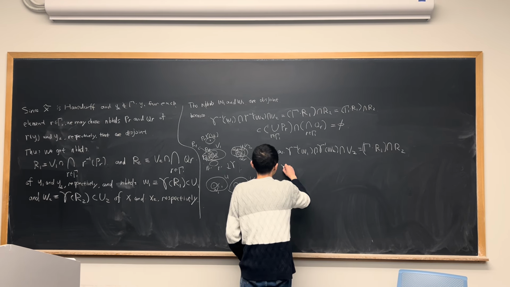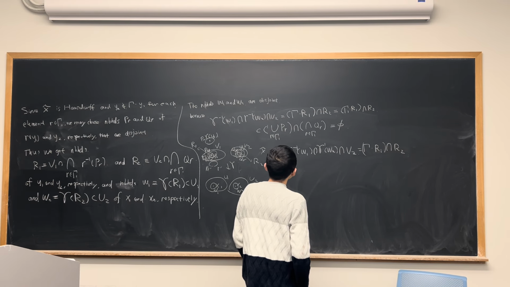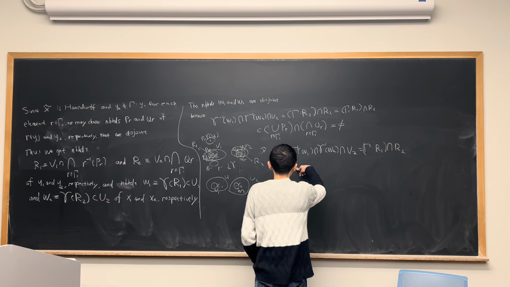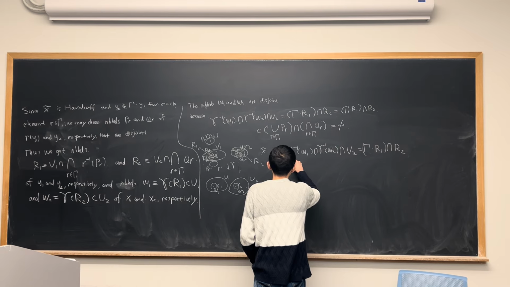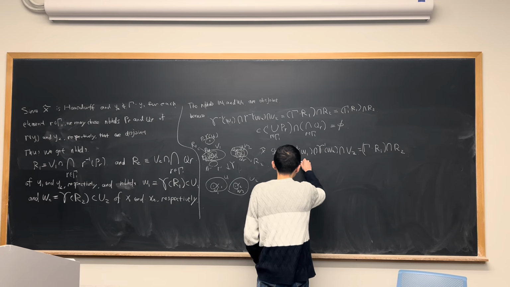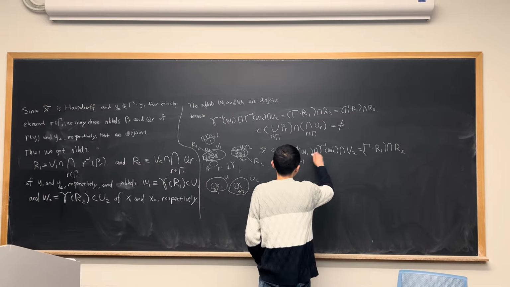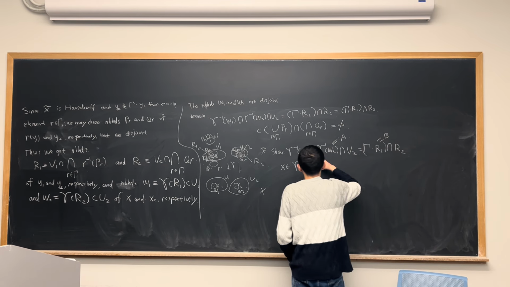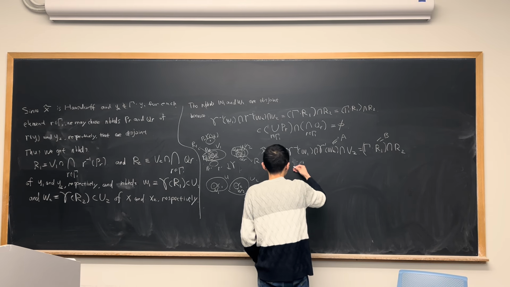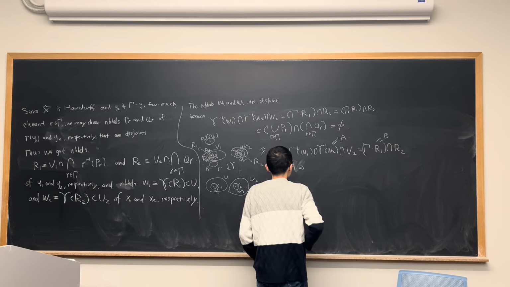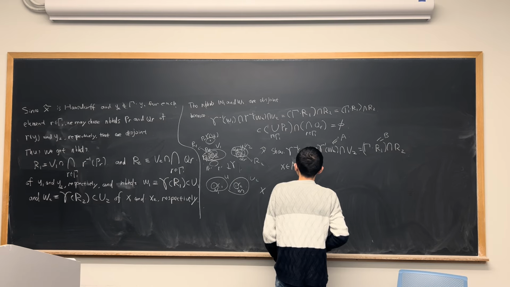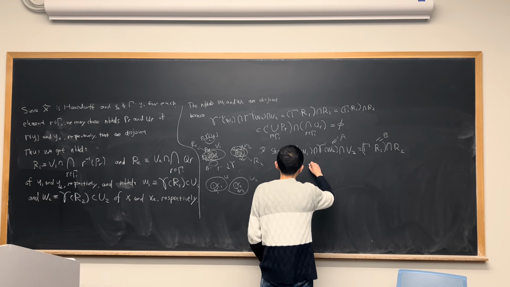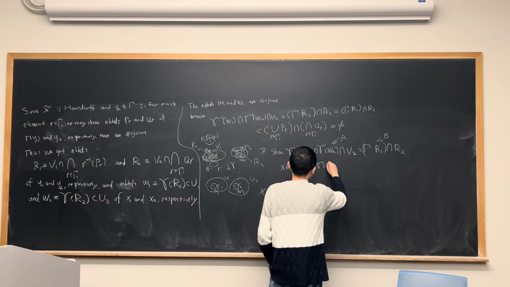Let's say you pick any element x. Let's call this set A, and let's call this set B. If x is in A, this implies that x is in both these sets, so x is gamma of 1 and x